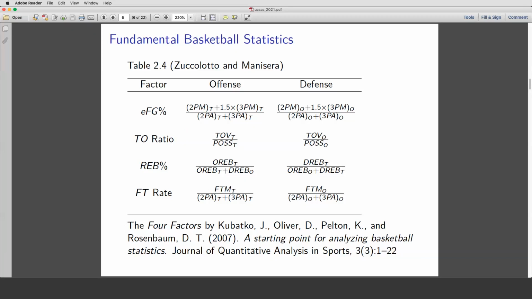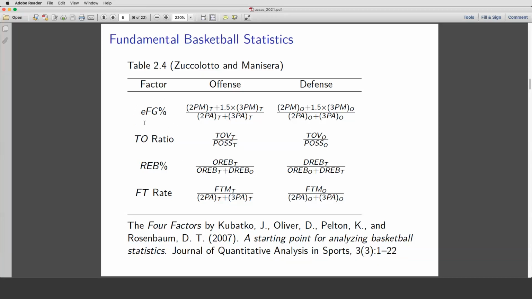And this is some early, what they've called a starting point for analyzing basketball statistics. But this is where they tried to get a little bit more into some of the nuance of how basketball is played and some of the rules. And again, looking at it from a lens of 2021, nothing here is extraordinary, but this is kind of like the first step. And something like effective field goal percentage, I'm sure you've heard if you've listened to a broadcast for an NBA game or you've done some reading,